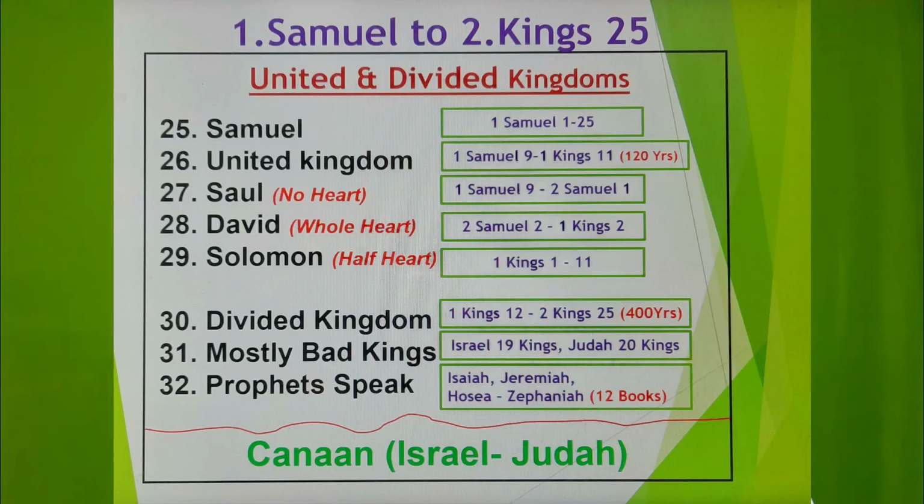Solomon became the third king of the land at a very young age. And there I wrote half heart. That means he started very well, but he failed. He became a carnal man. In 1 Corinthians we read of the natural man, the spiritual man, and the carnal man. Maybe we can say Solomon. Look at that spelling itself. Solomon, solo man, among 1,000 wives.